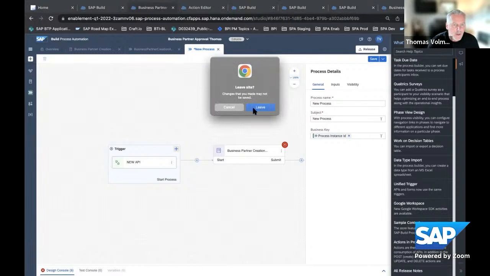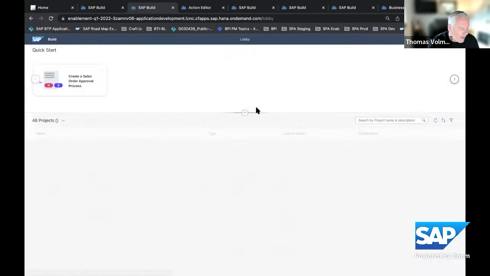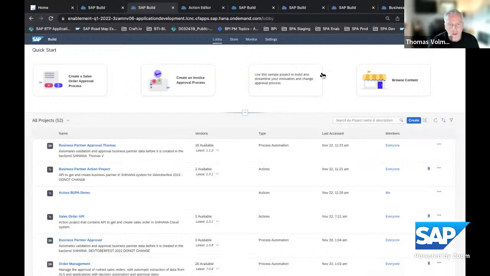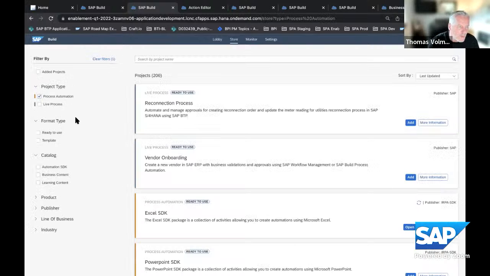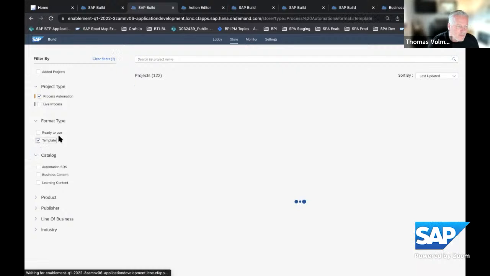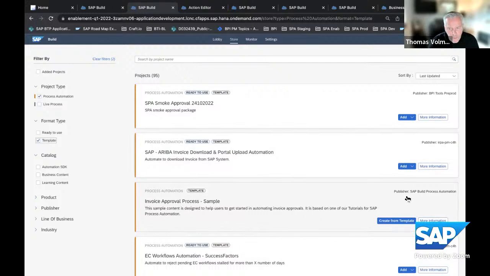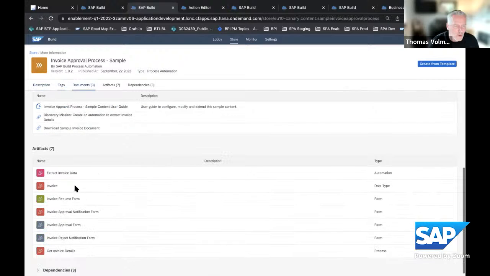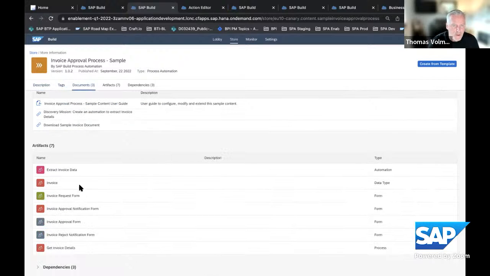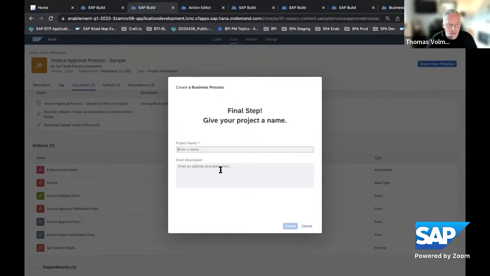I mentioned content. Let me also highlight that very quickly. We have these new tiles that relate directly to sample templates. We have added the first packages here, if you go into the store, as templates for SAP Build Process Automation directly. And if I go, for instance, for an invoice approval, you say, okay, this is one of the first packages that includes also bots, for instance, a bot automation data type. You can click the link, create from templates,